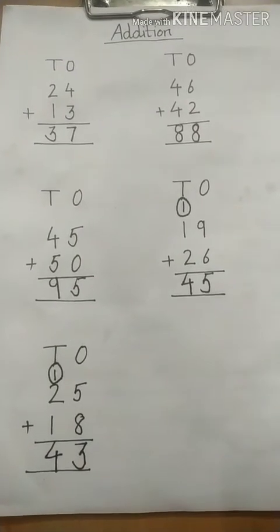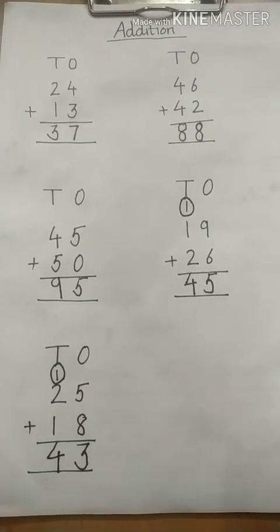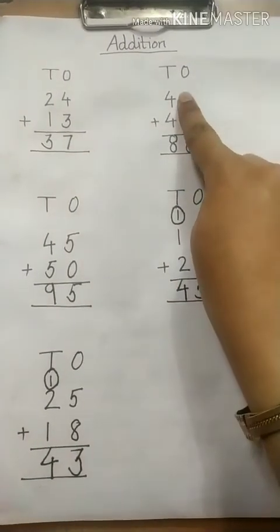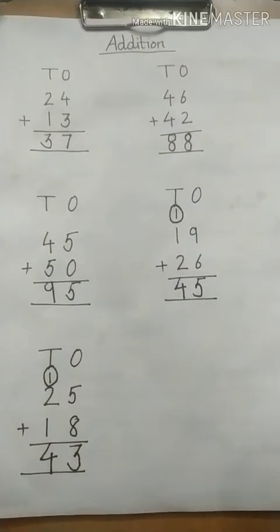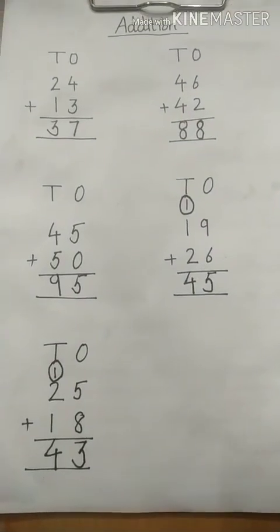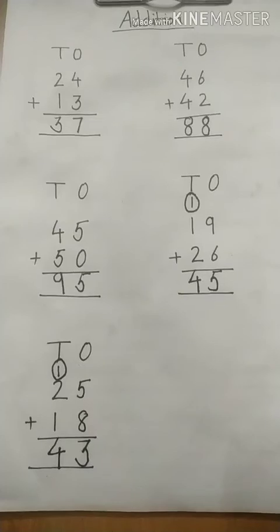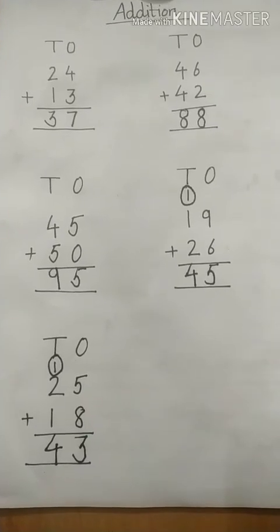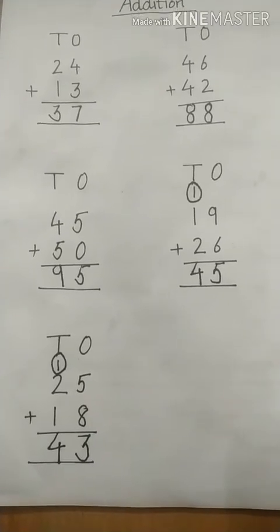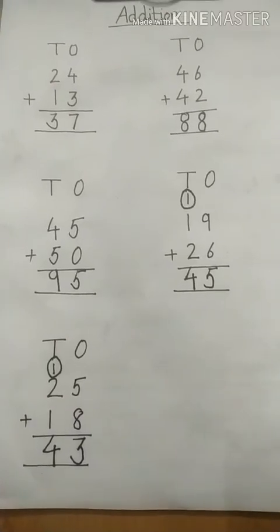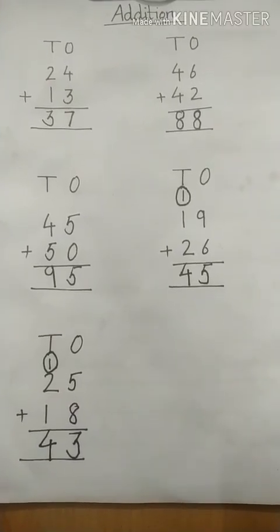So this is addition, and we have done addition at ones place and tens place. So you need to do 5 sums of this and get your notebooks clicked and show me the pics. Send it to me personally, but the formation should be very, very nice.